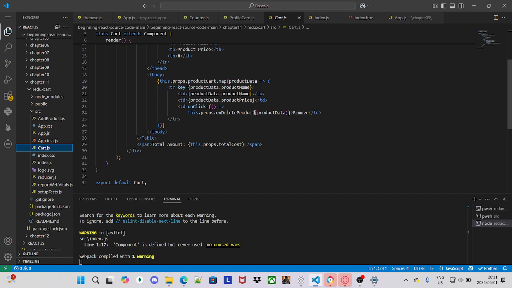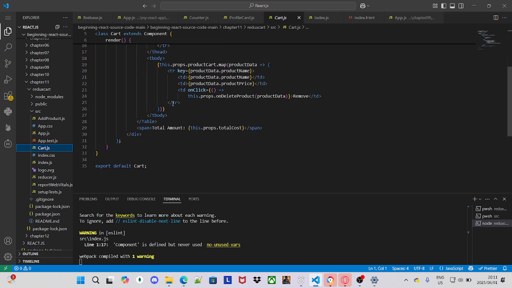So what am I doing? I'm calling the product data from my .map method. I take the .map method, I take my variable and put it inside my parameters so that my function can be well organized. So this is how it is. I have these props: on delete product, product data, and remove. Then I'm closing